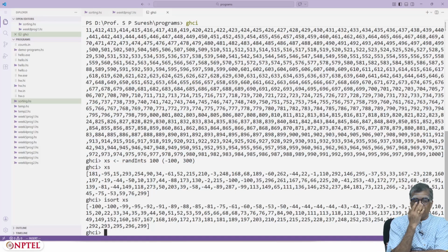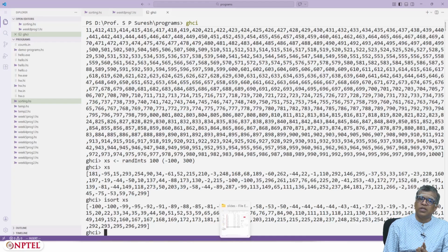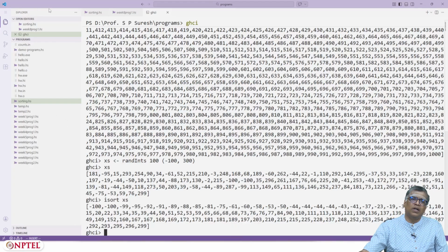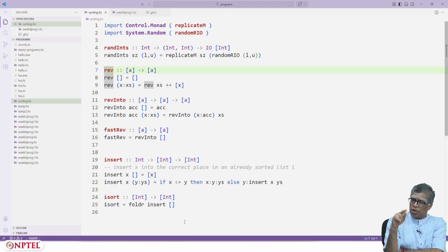Yeah, this also gets sorted, as you can see, and there are repetitions, etc. These are all handled smoothly, right? Minus 100, minus 100, minus 99, and so on, all the way till minus 1, and then 10, and then yeah. So the sorting algorithm works. The intuition is very clear, right? You first have a procedure insert that inserts an element at the correct place of an already sorted list, and then insertion sort is nothing but sorting the tail and inserting the first element in the correct place of the sorted tail.